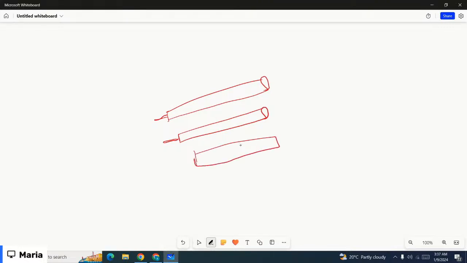How many pencils are you left with now? When you went to school, you had three pencils, right? You lost one of them. So how many pencils are you left with? This one you lost, right? So three take away one is,